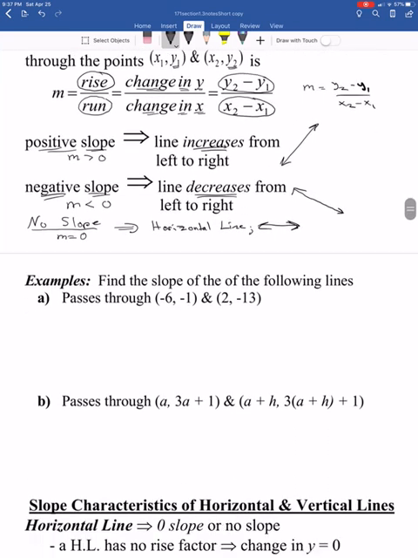So let's take that into an example. It says here in example A, find the slope of the following lines. First line here, we've got information that it passes through the following 2 points: -6, -1, and 2, -13. So what I'd like to do first is draw in my x and y axis, and let's draw a picture of this line. So as we go -6, left 6, down 1,